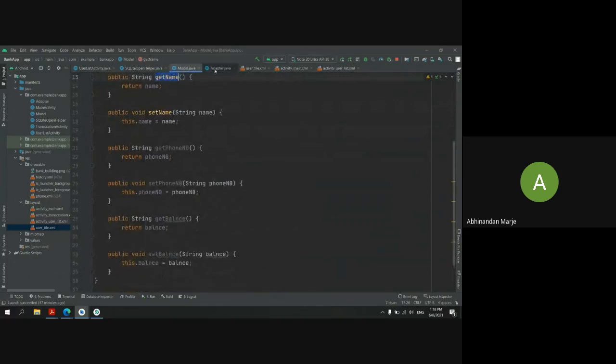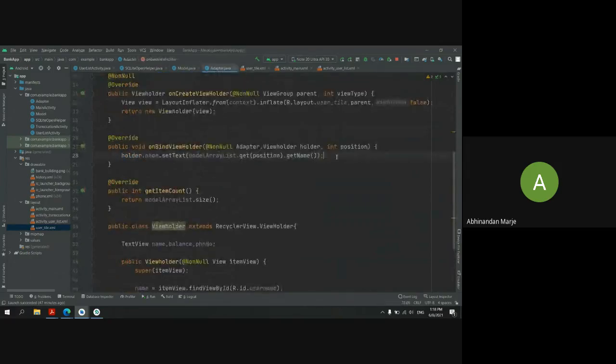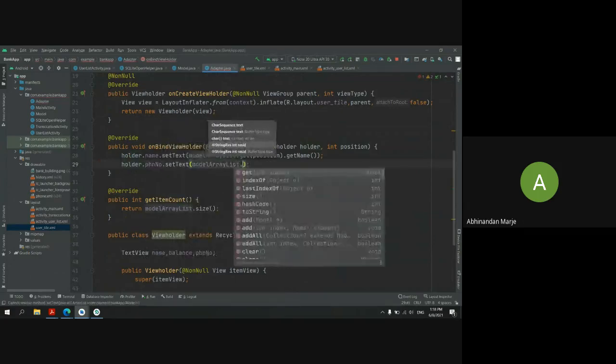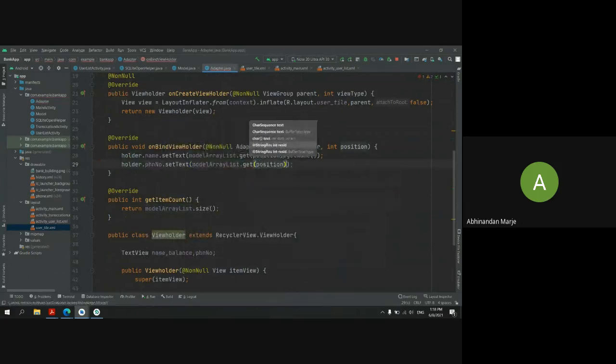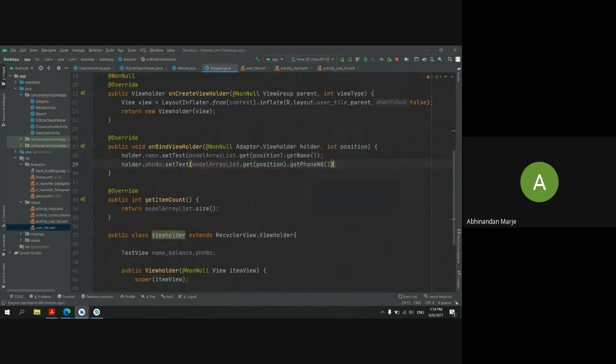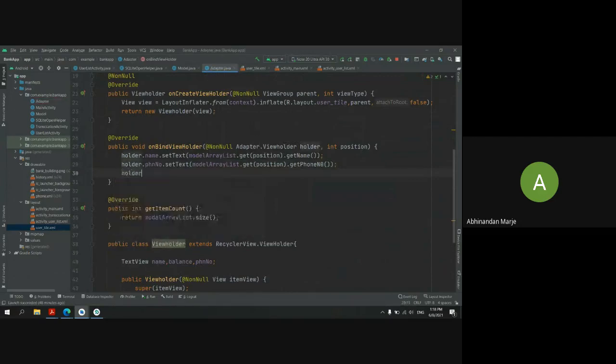I want the name from my model class. The next thing, when I set the phone number, I will set phone number.setText, model array list, in that I will pass the position, and this time I want getPhoneNumber. The last thing I want is the balance.